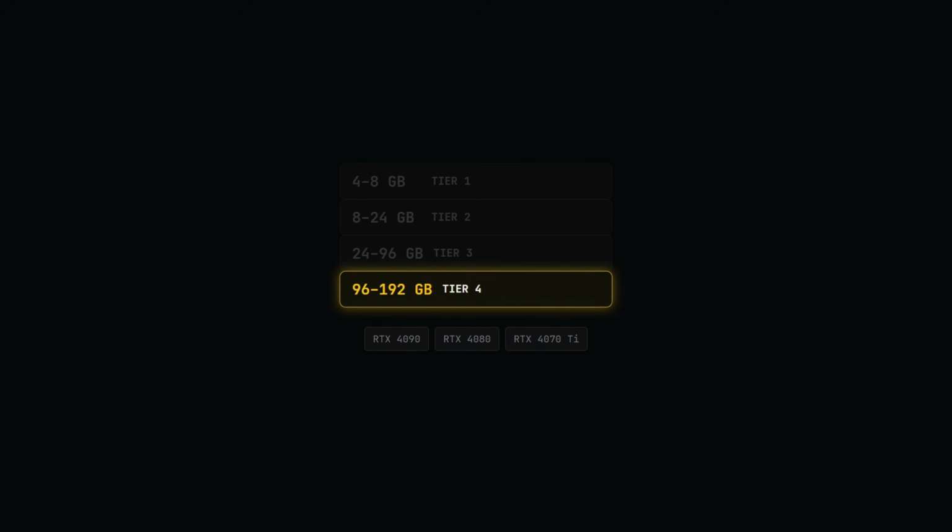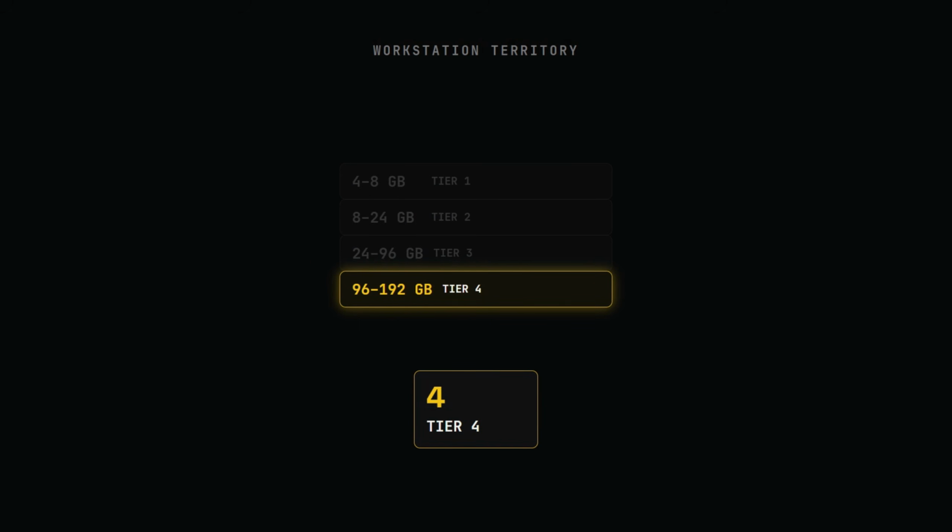Fourth tier, and now we leave gaming cards behind entirely, 96 to 192 GB. This is workstation territory, and it is defined by one specific little box that rewrote the math for the whole tier, Nvidia's DGX Spark, a 1.2 kilogram box that sits under your monitor with 128 GB of unified memory for around $4,000. It holds models a $4,000 graphics card cannot even load, and the model built for exactly this box